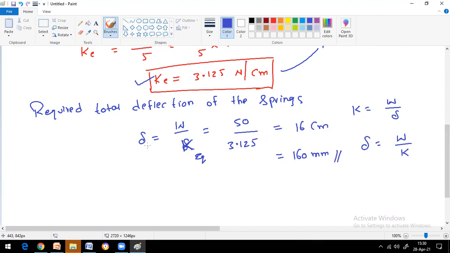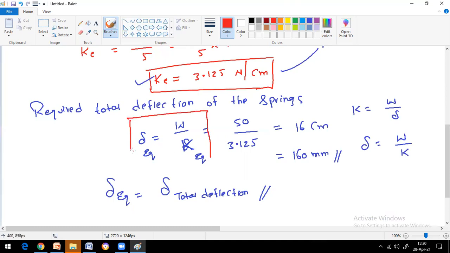Whatever deflection you get here is also an equivalent deflection. We can call it the equivalent deflection or the total deflection. So this is the problem where you have to be clear. This is how we can solve problems even when the springs are connected in both series and parallel with the same unit. Clear? So this is the eighth one. Let me do the ninth problem also, so that I can wind up the springs problems.